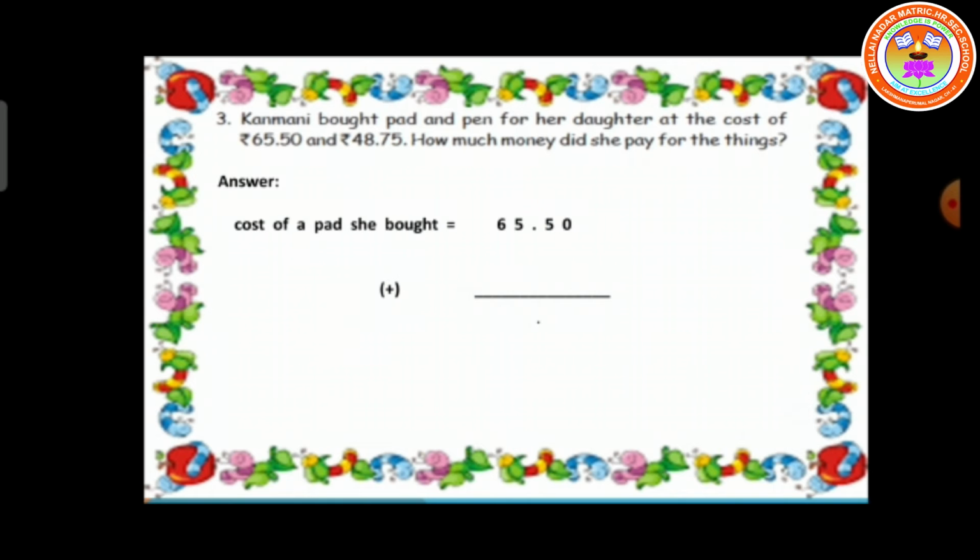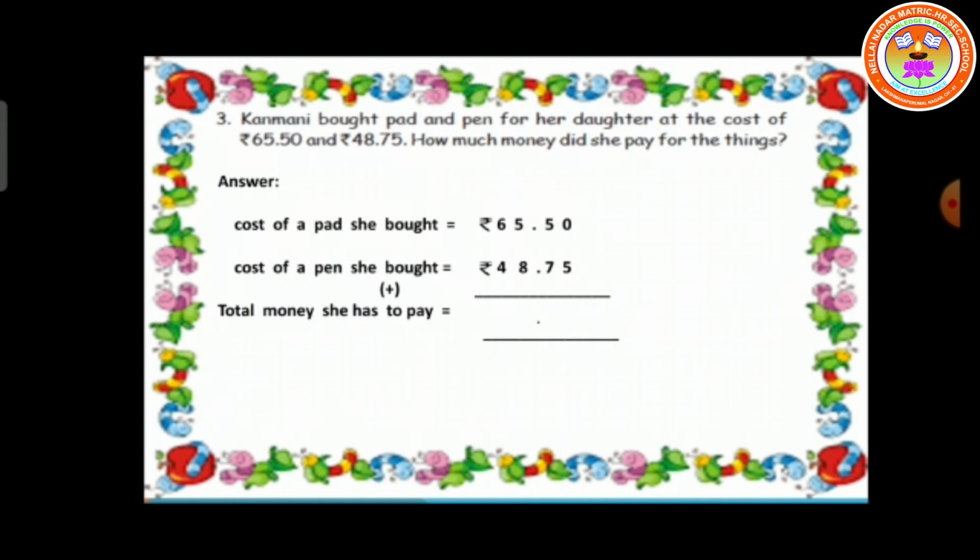Cost of a pad she bought: 65 rupees 50 paise. Cost of a pen she bought: 48 rupees 75 paise. Total money she has to pay is,